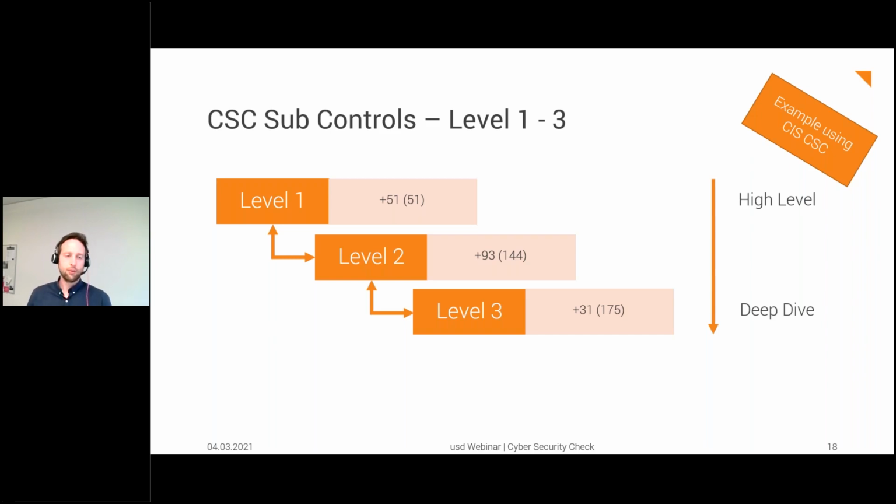hey, we want to do a high-level check, so let's just focus on the level 1 controls, or implementation group 1 controls. Maybe during the ramp up we take a look at these and we see, okay, how about this or that level 2 control that seems useful, we want to check for that. So we will have a subset here of maybe 50 to 140 controls for the high-level check.